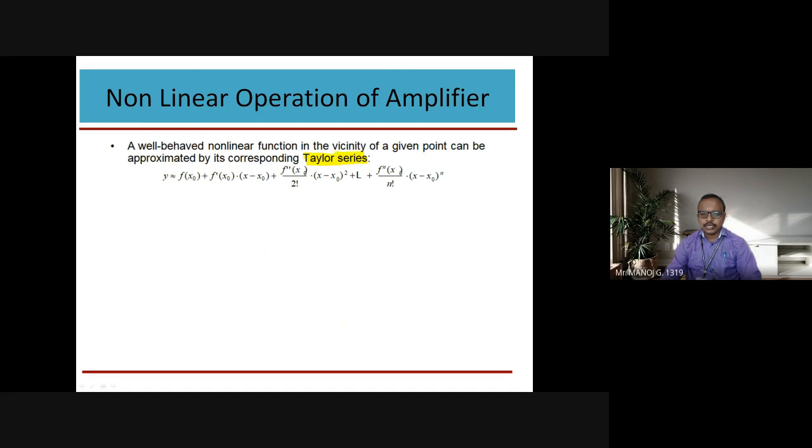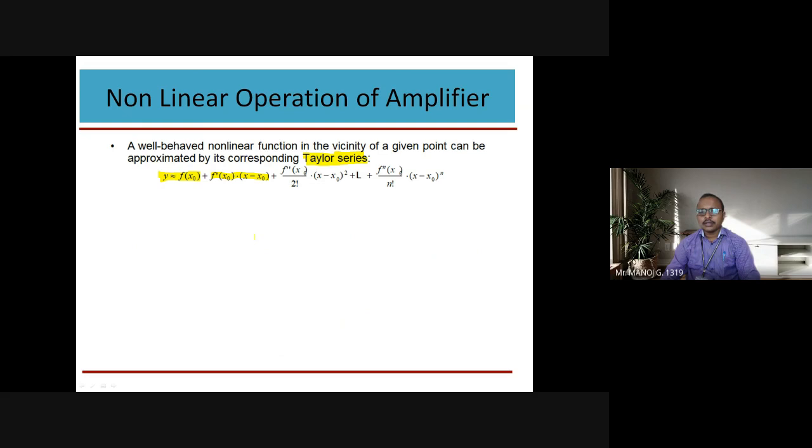If you don't know what the Taylor series is, no problem. The expression of y is given as a function of x, f of x naught, and since it is non-linear, it has to vary non-linearly, plus f dash of x naught, the function differentiated with respect to x, into x minus x naught,